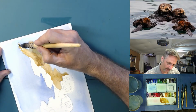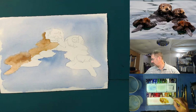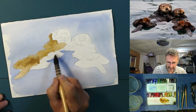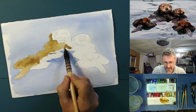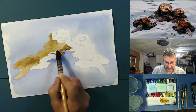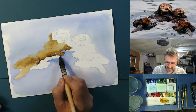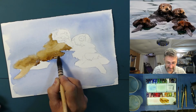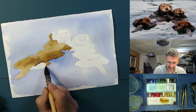And there's absolutely nothing wrong with that. But I'm a big fan of the Impressionists and Impressionist painters. Andrea and I were actually talking about this last night over on Twitch. So I'm trying to loosen up in what I'm doing. And part of that loosening up is painting with a bigger brush for a longer amount of time. Right? If I paint with a bigger brush, I can't paint as fine of details. And as a result of not being able to paint as fine of details, I have to paint something other than those details. And hopefully what I paint